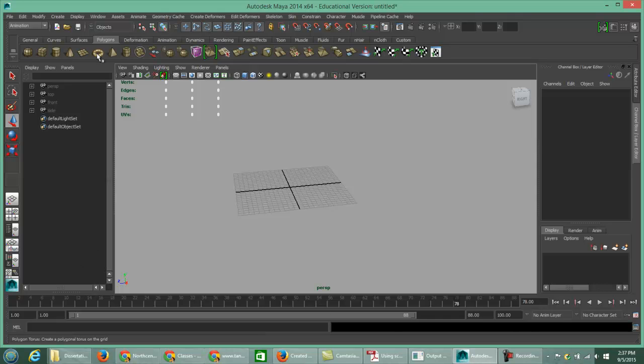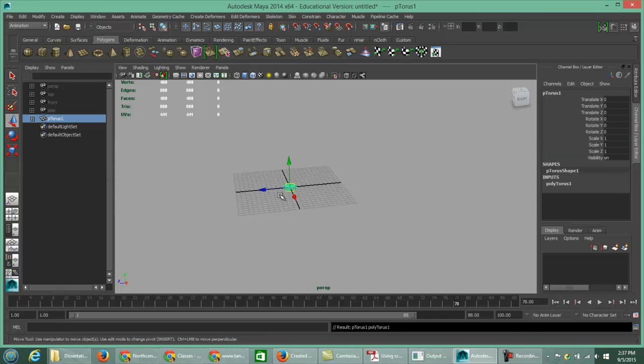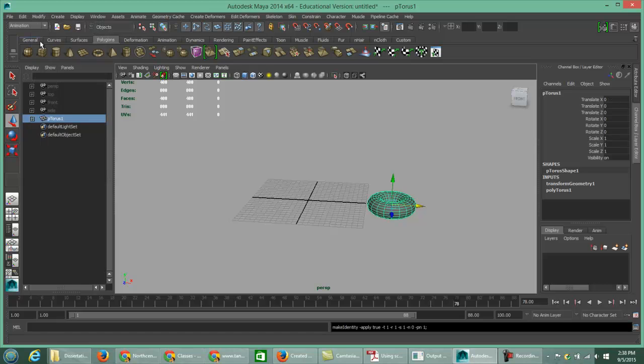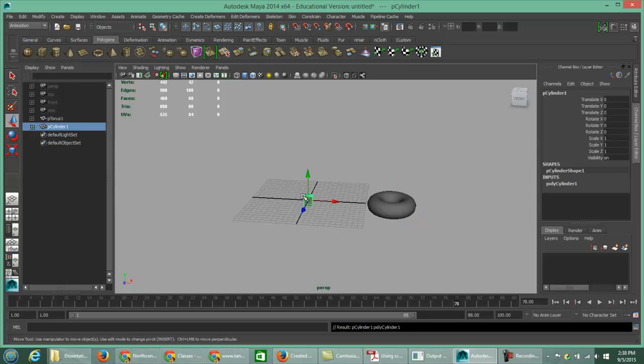So we're going to select 2 different objects. So here's what we call a torus. I'll make this a little bit bigger, move it off to the side a little bit. We'll go this way to this side. And I'm going to freeze transformation it so it zeroes it out in the channel box. And then I'm going to create myself a cylinder and move it off to the side. Scale it,